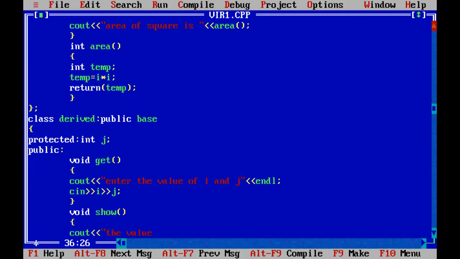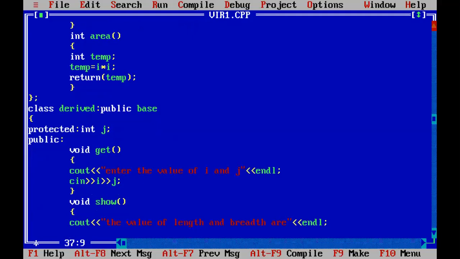the values of length and breadth are I and j, then we have used endl, and then again we have to calculate the area of rectangle here.